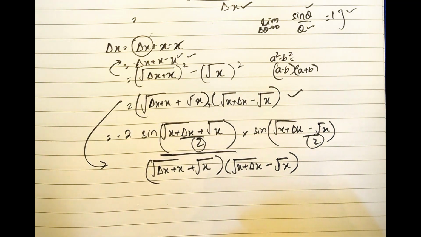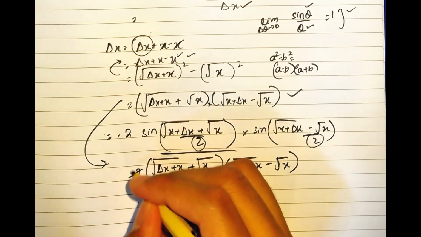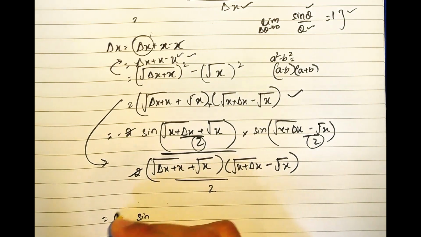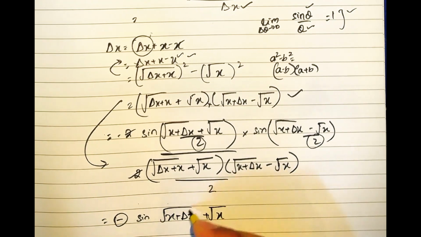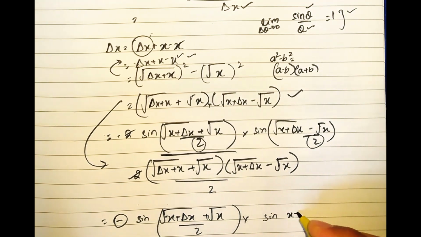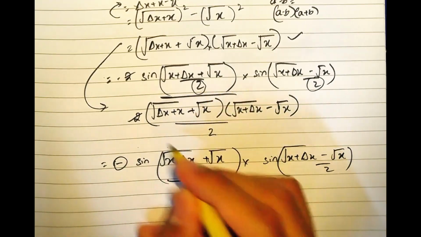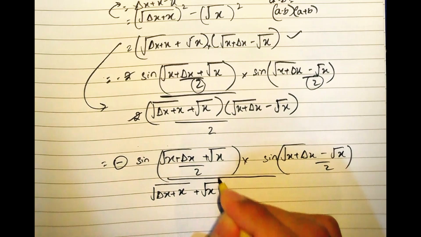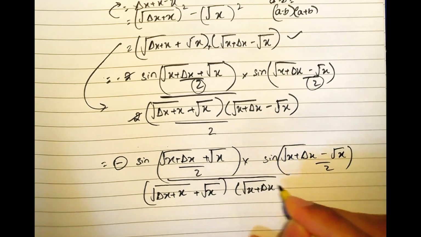If I just multiply and divide 2 in the denominator, so it would be 2 divided by 2, right? So this 2 would be cancelled. Now I'm left with minus sine. Don't forget this negative sign, it is actually very important. Okay, divided by this thing, delta x plus x with the root, and x plus delta x square root minus root